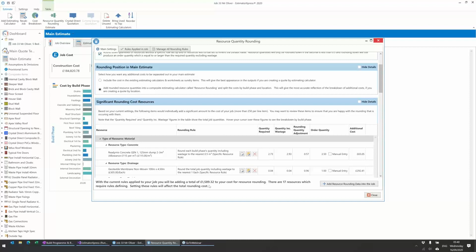cost. So one option, and the one that's best is probably going to be decided based on the type of customer quote that you're going to produce. So this top option of include the cost in existing estimating calculators and worksheets. So that basically spreads the additional cost allowance for rounding into the same places that you've used the resources in the first place. So it'll go through